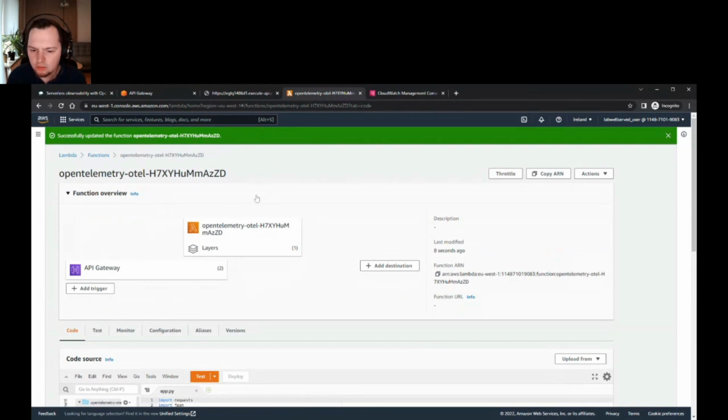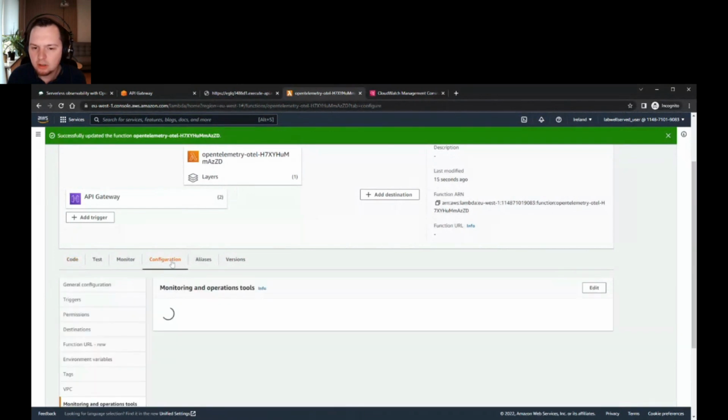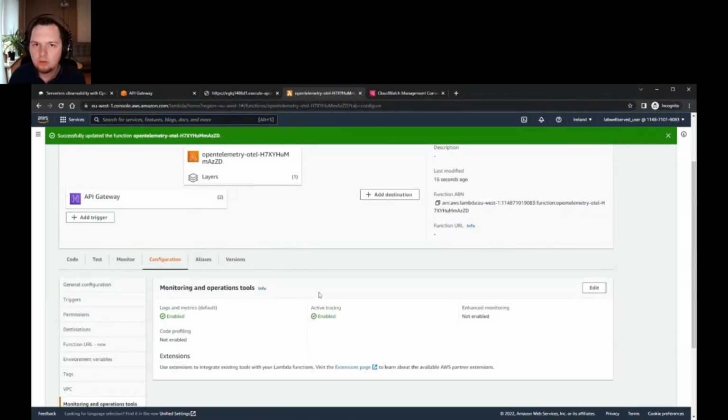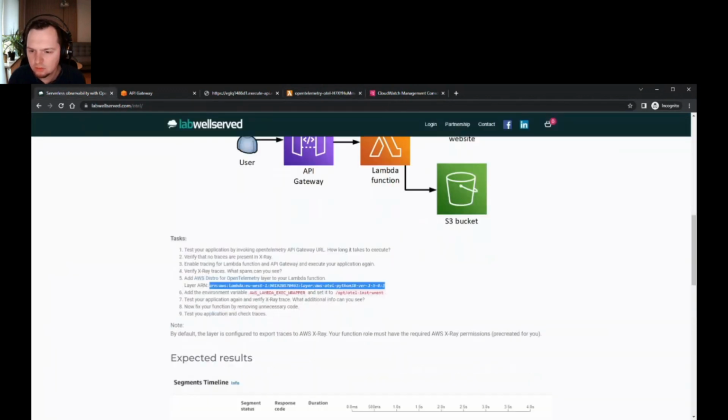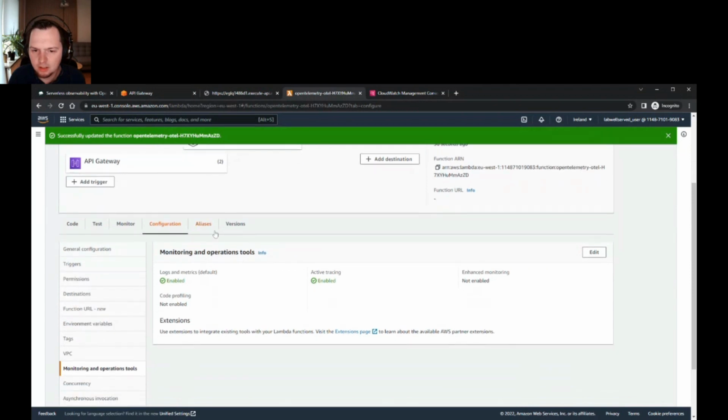And what I need to do is adjust a small configuration change. What happens is basically the package in the Lambda layer is added into your /opt directory in the environment that Lambda executes in. So what I need to do is add an environment variable that will point to the OpenTelemetry executable file.